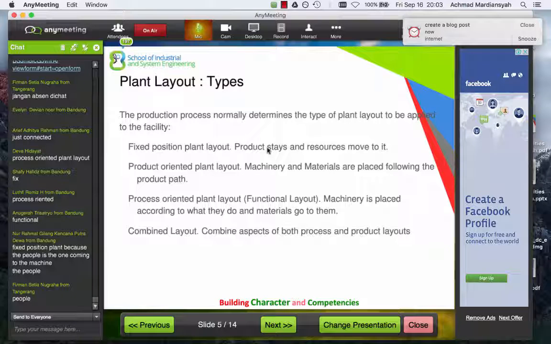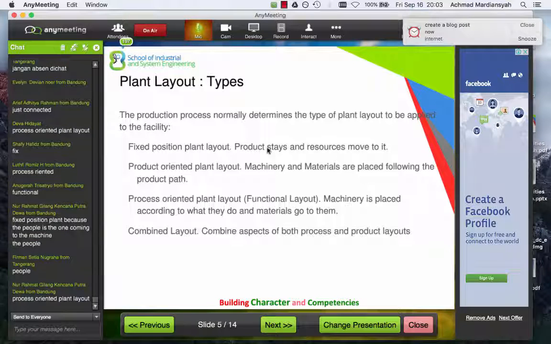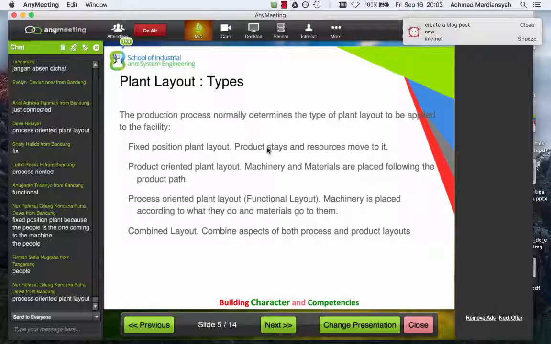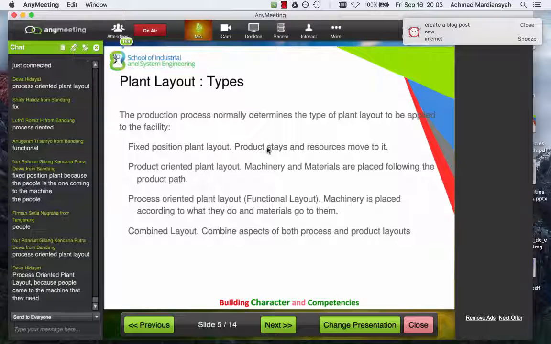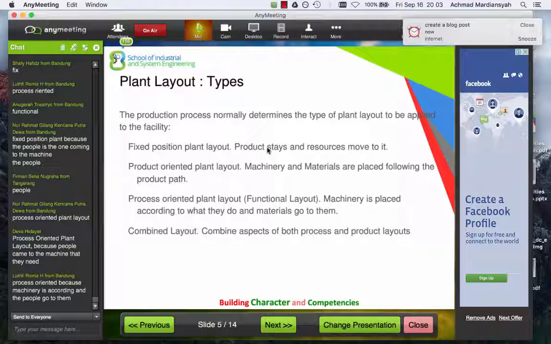So fixed position, I don't think it's suitable to the layout. What about process? Yeah, process can be considered. Yes, because you are moving from here, for example, you want to shape. Okay, so a gym is for shaping the body. Yeah, so you look good, especially if you are wearing tight clothes. Yeah, you can have something to show off.